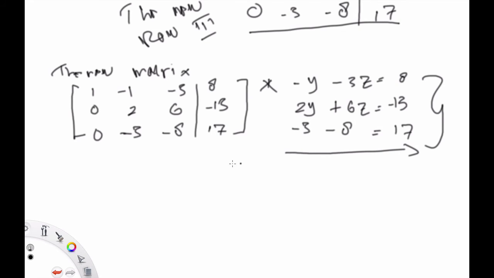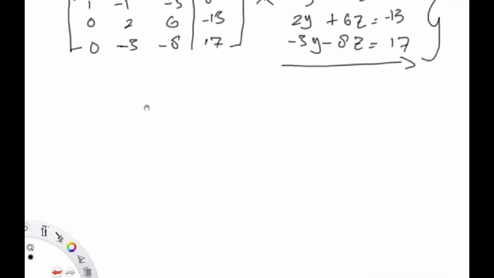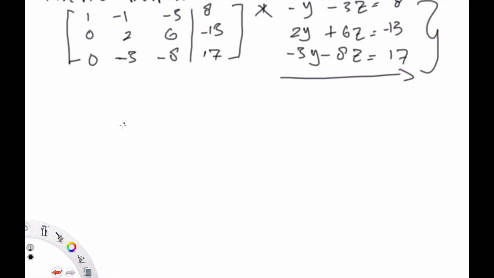Of course, this is simpler than before, but we will not finish yet because we don't have any satisfied value of y, z, or x. So our purpose here is to get the satisfied value of each variable, and then we can continue to the next step. The next step is looking for the new pivot, because